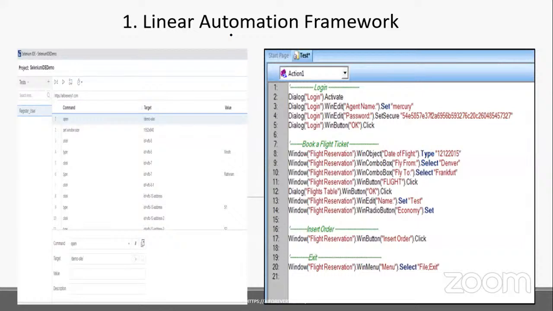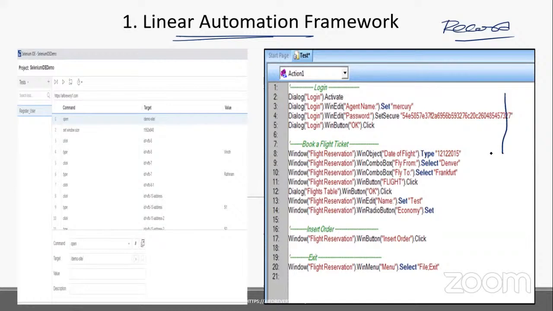First, let's focus on the linear automation framework. It is nothing but record and playback. Record and playback means any automation tool: you take UFT, Selenium IDE, Ranorex, Katalon. Every tool has something called a record option.